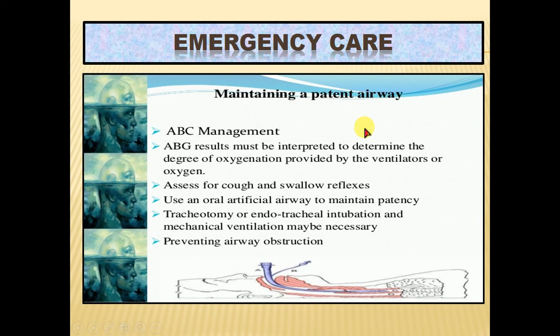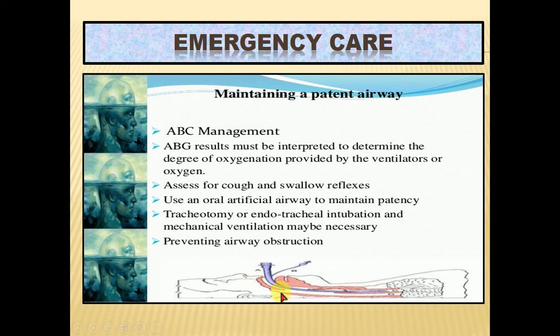So, what we have is we use an oral artificial airway to maintain the patency, and if the patient has to be put on a ventilator, we have two options: either a tracheostomy will be done and then we put the endotracheal tube, or we have endotracheal intubation and then we can connect it to the ventilator. Okay. So, these two things can be done, and we ensure that the airway obstruction is not there. Okay. So, this diagram denotes the